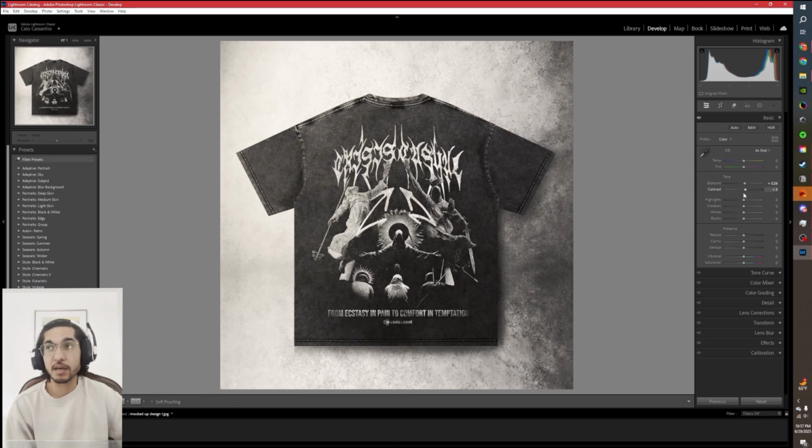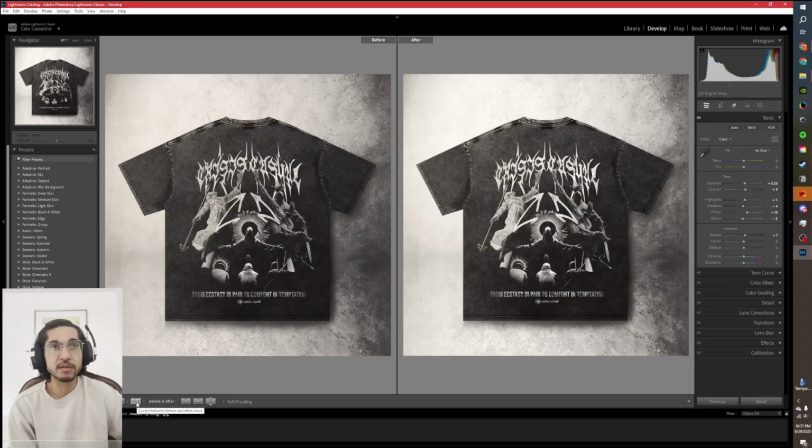And I'm just tweaking the contrast, exposure, highlights, shadows, and trying to get it looking crisp and get it really nice there. And you don't really have to move these a lot. You can move them very slightly and it'll do a lot of change, especially in photography. You don't want to touch them as much, but I'm pushing them. Like 19 is a lot for the whites, but worked out in the end. And then